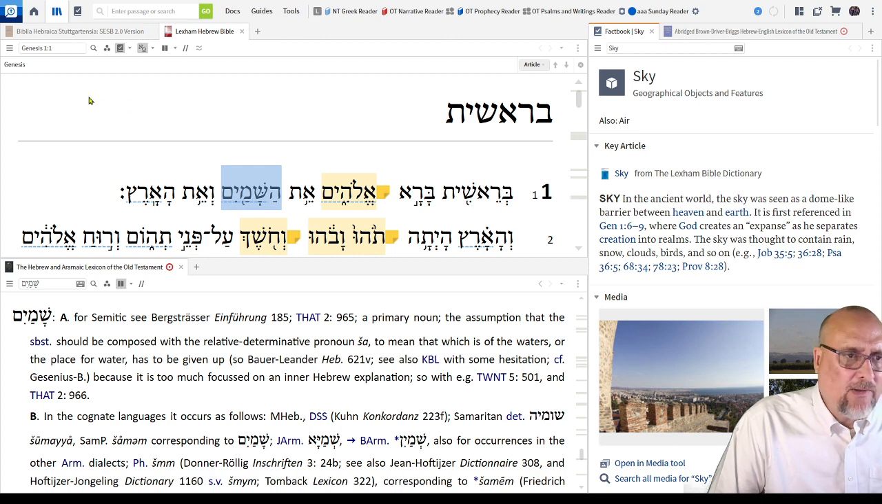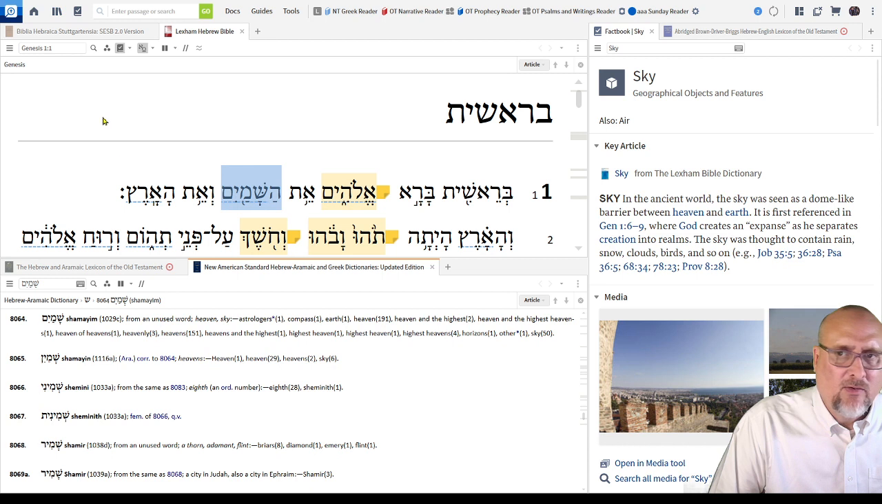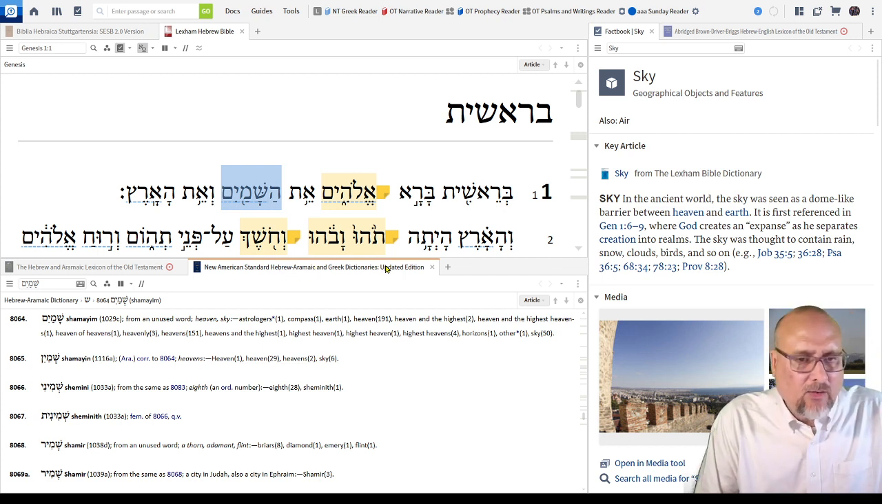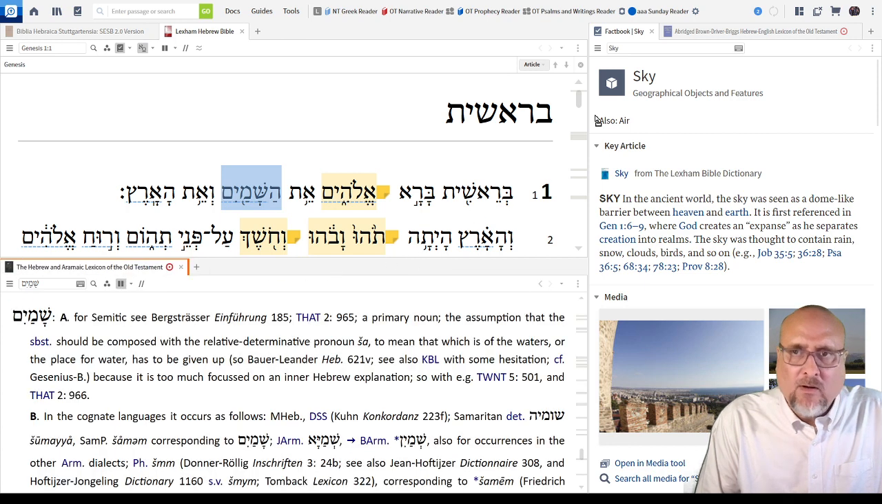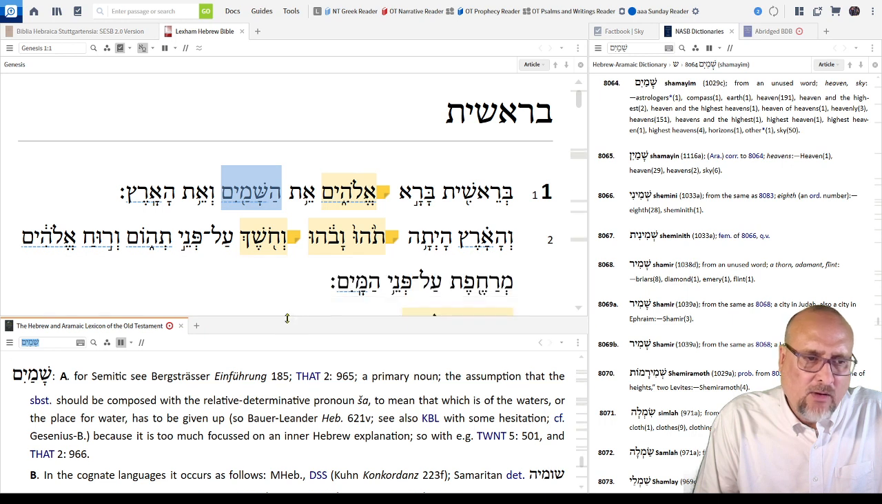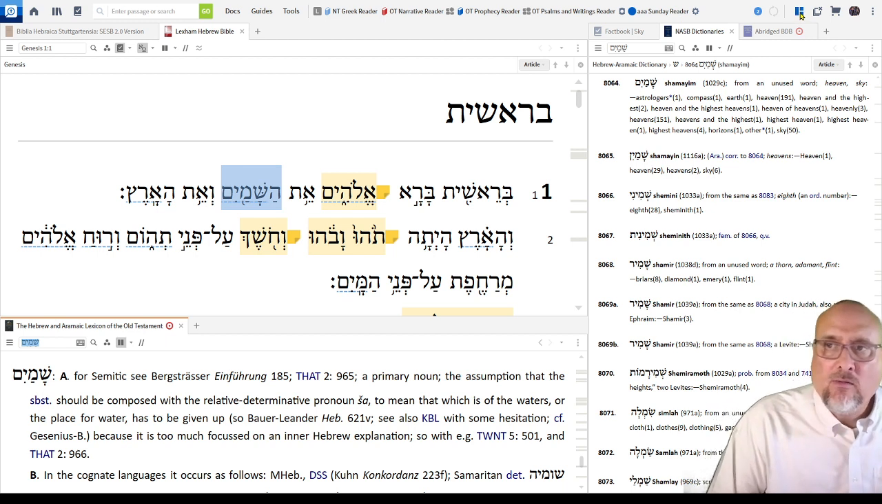And of course, when you get there, if you just double click on it, it will. You said New American what? The New American Standard Hebrew, Aramaic, and Greek Dictionaries. All you need is one of the dictionaries, and then you hyperlink it by saying send the hyperlinks here. Now, the way I have mine set up,